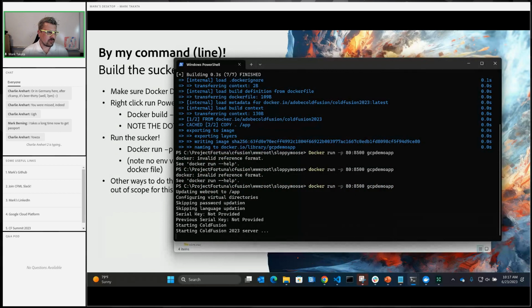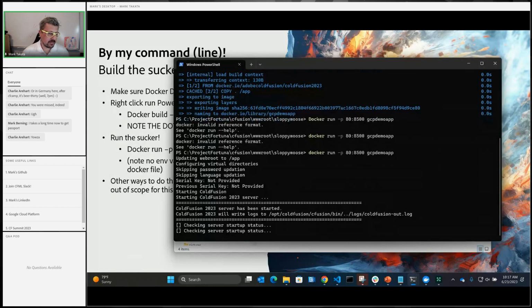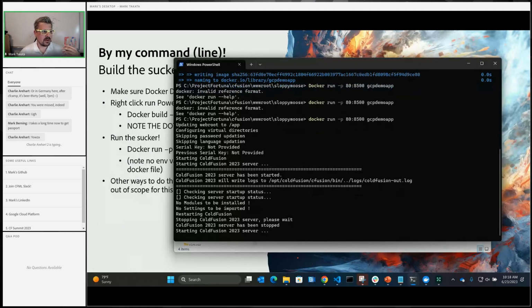So there you go. Docker run -p 80. So what I'm doing there that's a little bit different is I'm mapping port 80 to 8500 for this particular image, right? And as you remember, I mapped the code that was in the folder to /app, which is the working directory. So theoretically, if it decides to actually work, it installed things, it built things, it stopped it to restart. So all the settings get set up. Now, if I go in